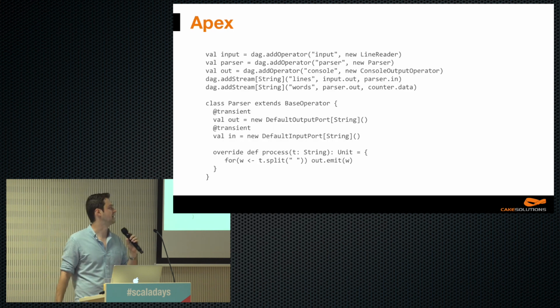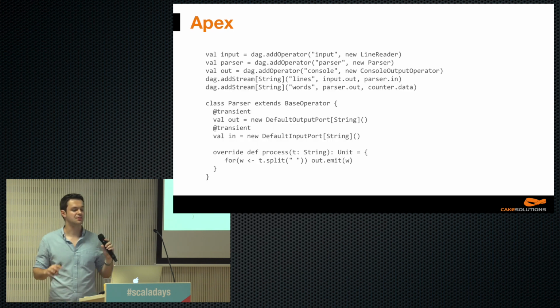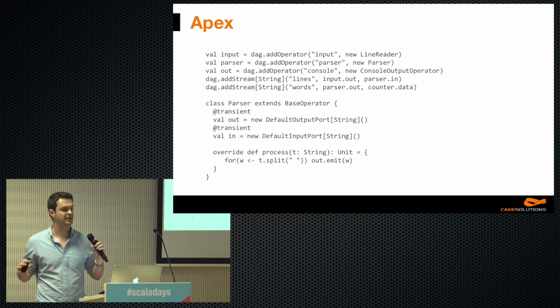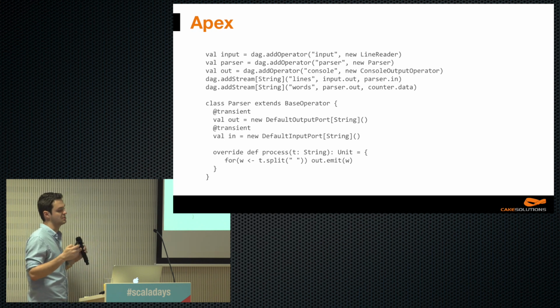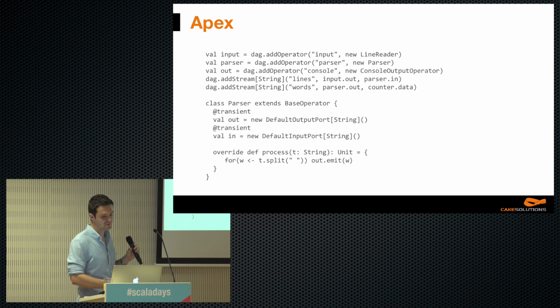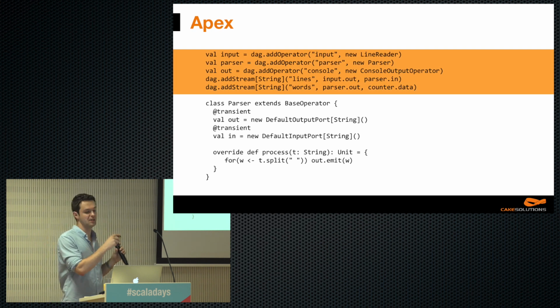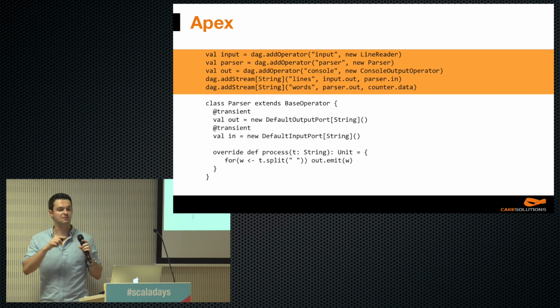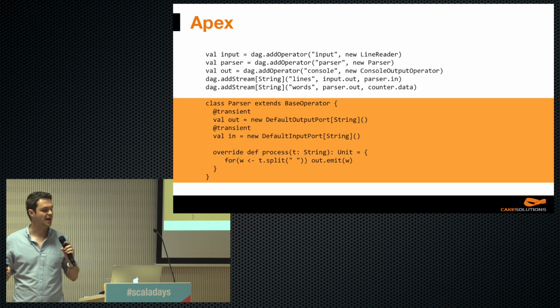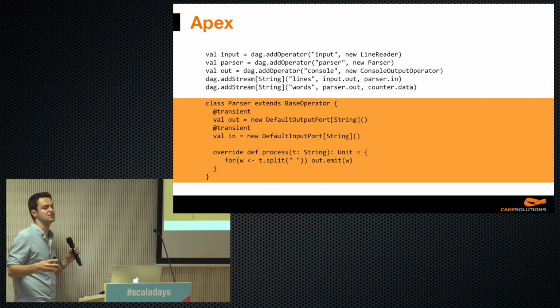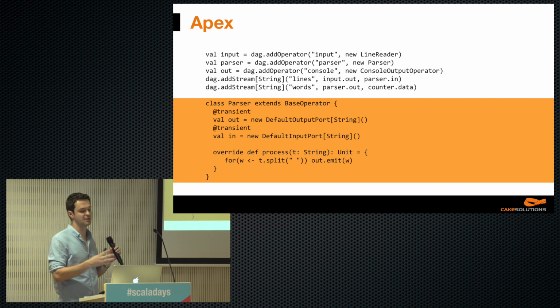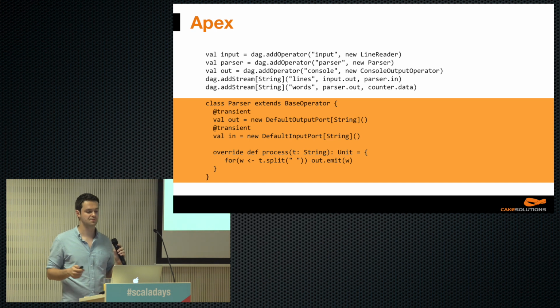And now it's time to take a look at Apex. As you can see, it's a classic compositional API, and again, the snippet was simplified. Firstly, you have to define the job's topology. We have to add components to the DAG and connect them with streams. And here's the definition of one of the operators. This one splits incoming strings. The code itself is pretty clear, I guess.